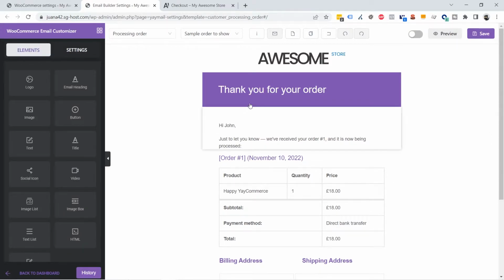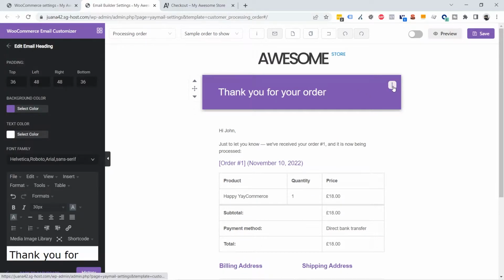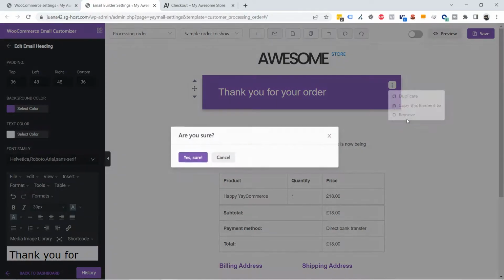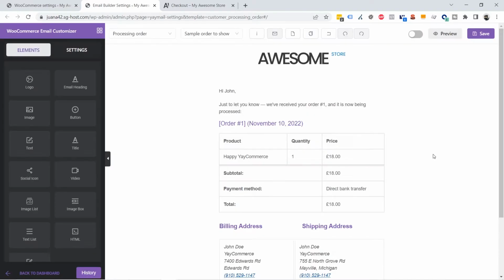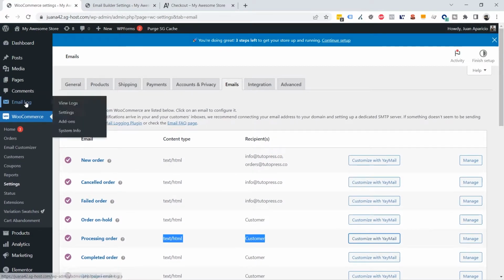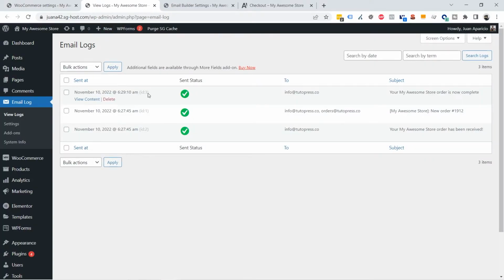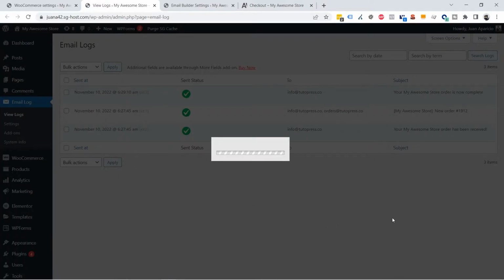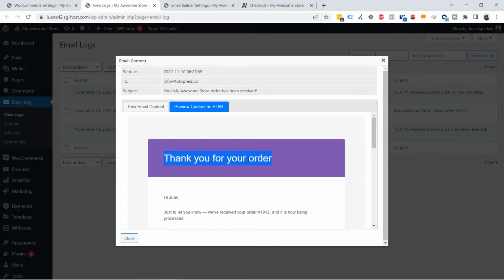It's much better. Here I'm going to delete this section by clicking there, clicking on the dots and clicking remove. Yes. And now it's gone. I'm going to go back to my emails. I'm going to open the email log on a new tab just to have a reference of how the email used to be. I'm going to copy this header